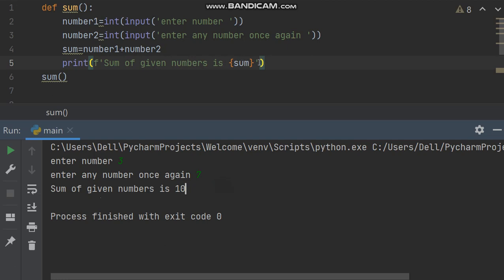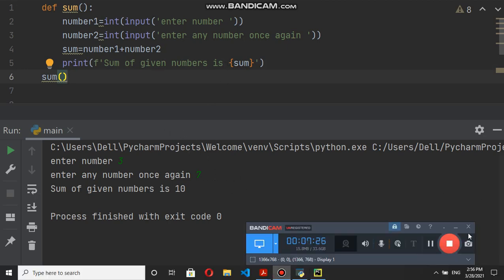This you can do in JavaScript with a backtick, and here f in the starting, and then put everything in quotes and put the variable in curly braces. So this variable will be printed directly here. So hope this will help to understand the